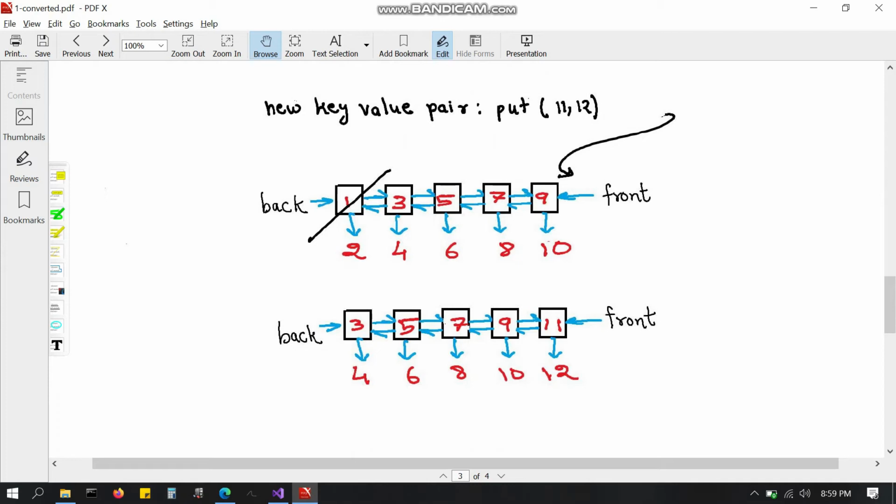So 11 comma 12 is added with deque push front, and we see the new key value has been put in front. The reason we popped 1 comma 2 is that the cache size is limited to 5, so we cannot keep it anymore.